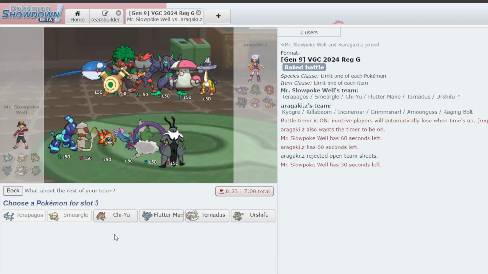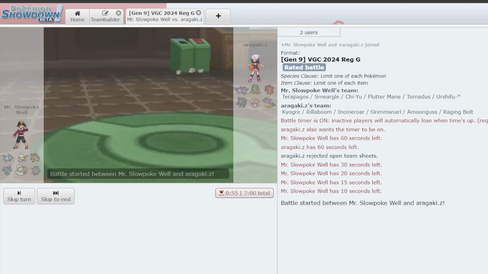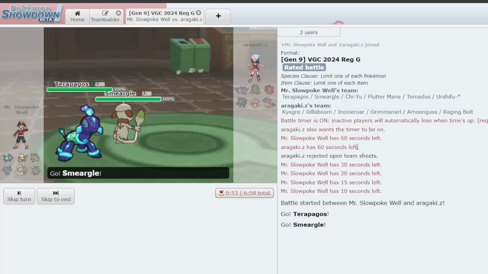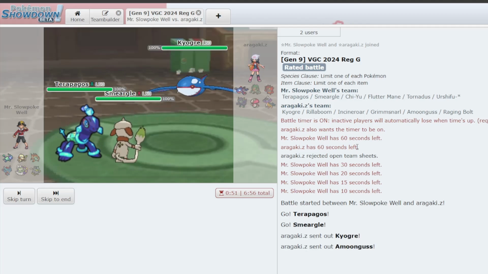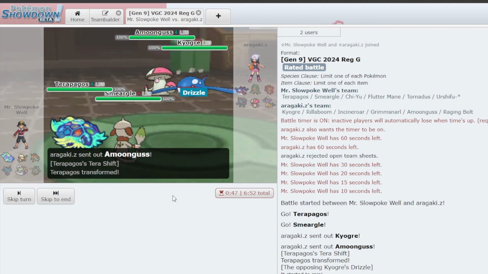Chi-Yu's okay, but it's not that good in rain. Fluttermane Tornadus just intuitively doesn't feel strong enough. I can't really explain why with reasoning, but something just doesn't feel right about it. However, I think it is what I'm going to do. And I mean, Chi-Yu's strong mainly into the grass types, and Tornadus is strong into those. I actually think it's probably okay. I don't know what it was that I didn't like about it, but